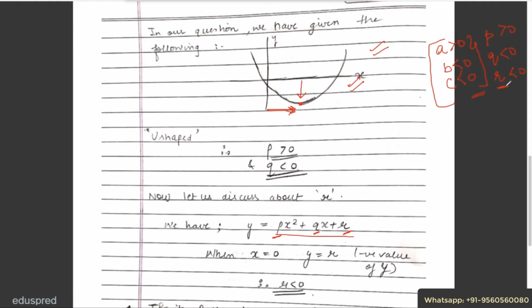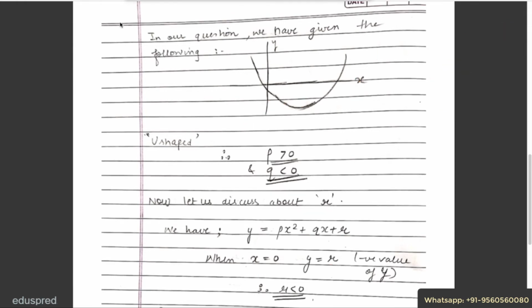Now, if you don't remember about R, one thing you can always do is substitute the value of X to be 0 and see what value of R you get. If I substitute X to be 0, then my Y would be equal to this value, which is parallel to this, and this is a negative number. That's why my R is negative. Now, as I have told you all the combinations of A, B and C, you can solve for any shape. If it is this, or this, or this, any shape, you have all the concepts with you.